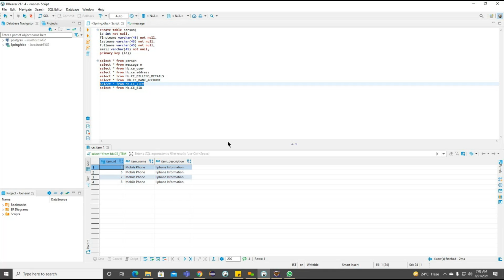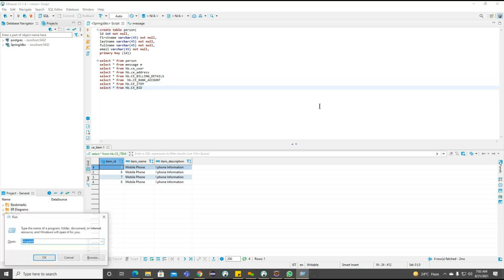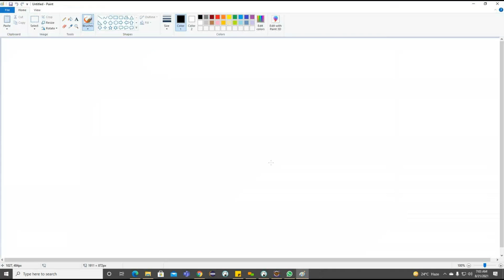So we'll try to focus today on the life cycle of this particular persistence object. How exactly is the life cycle going to be implemented here?